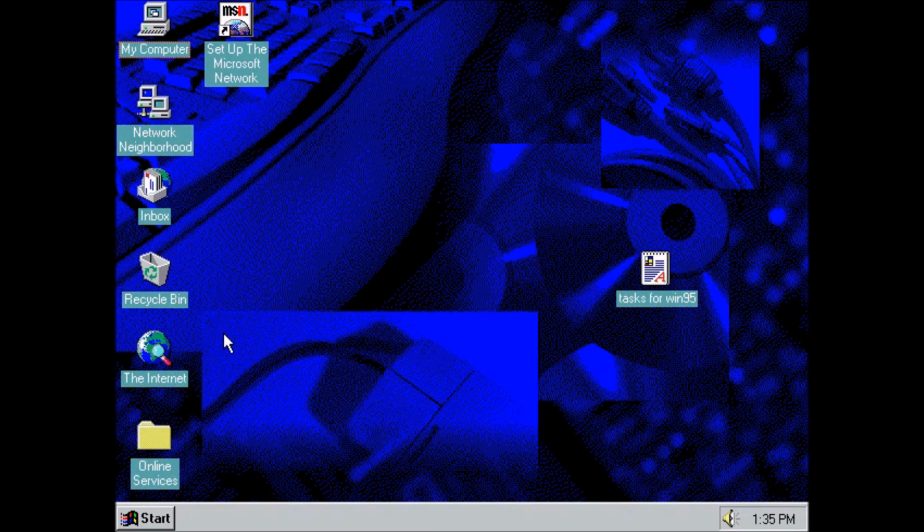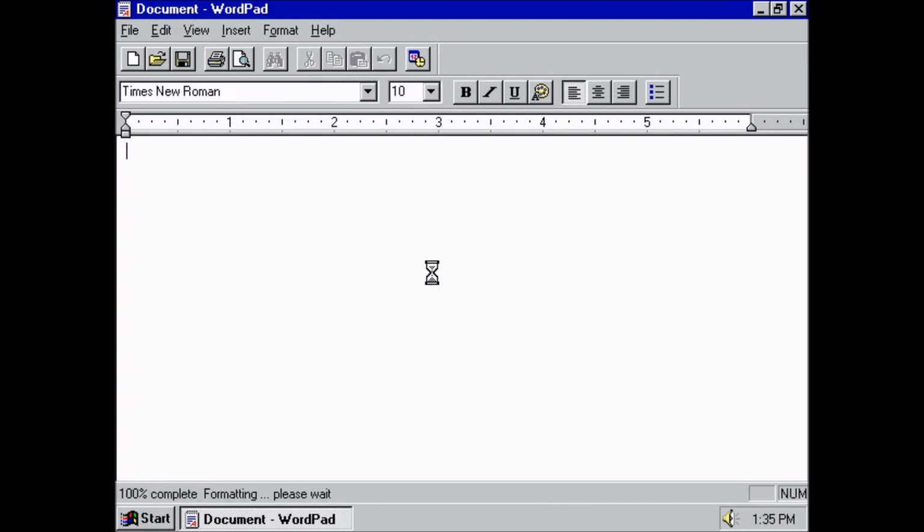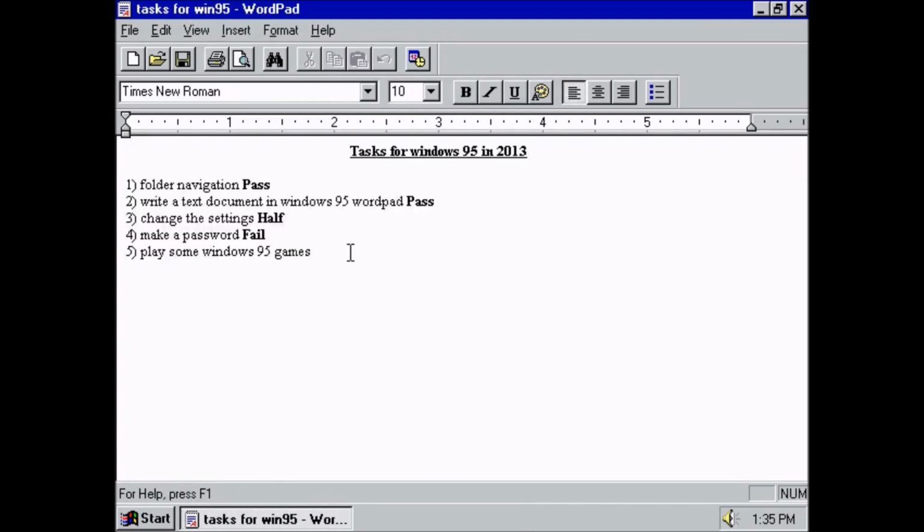Okay, let's go to tasks and games. I'm not actually going to rate it on games. It should have worked, so maybe I downloaded the 16 color version of Windows 95, and there was another version that I missed or something, so I'm not going to rate it on games. I'm going to change the fifth task into